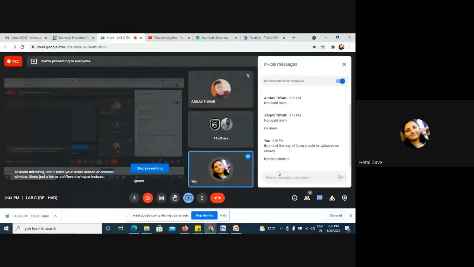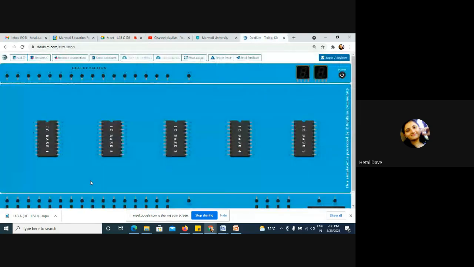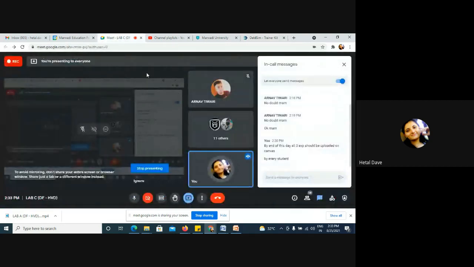Draw it properly, in such a way that whenever you are going to make your lab manual, you can put your work photo only. Then implement your circuit here and save your work. Whenever you are going to make the lab manual, you need to put the screenshot of your work. In this way, your lab manual will also be prepared simultaneously.